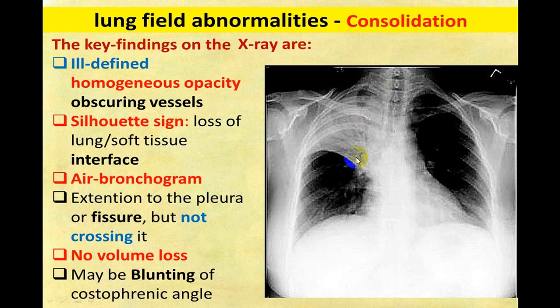And which lung you will be able to identify. So this is on the right side. You cannot see the right paratracheal strip, superior vena cava, you cannot identify. So that is right upper lobe. So this is a right upper lobe consolidation. And usually in this, there is no shift of a trachea. There is no blunting of the costophrenic angle, and diaphragm contour is maintained. When this is there, you label that as consolidation.